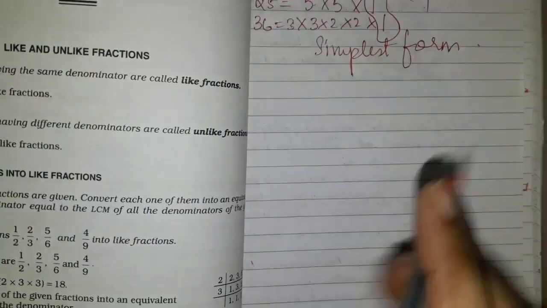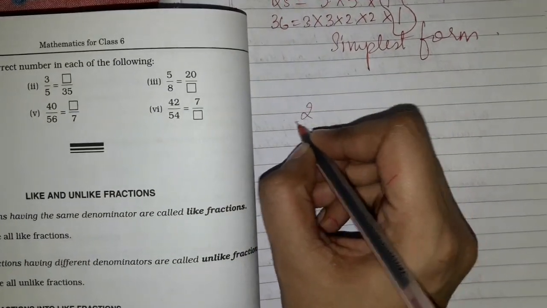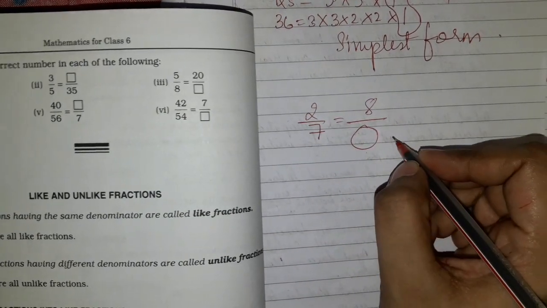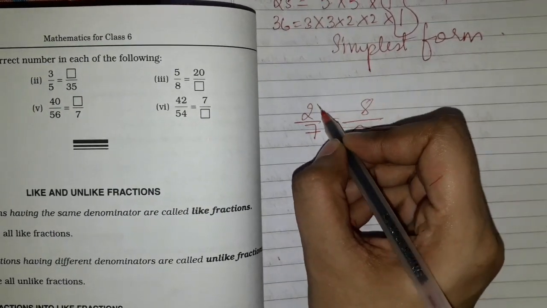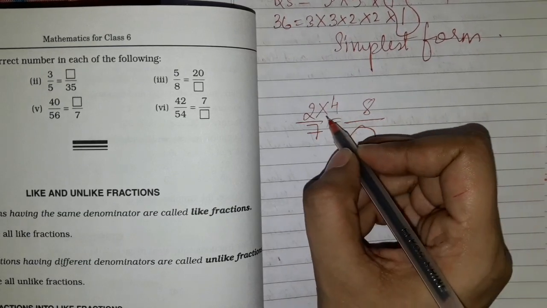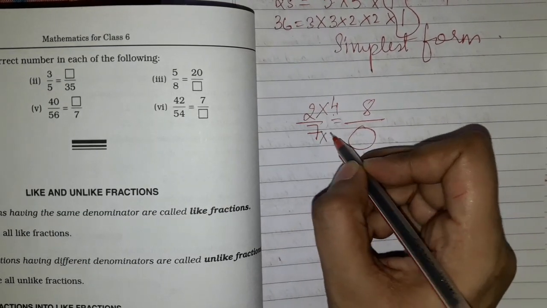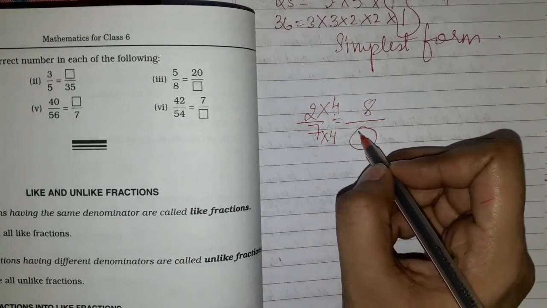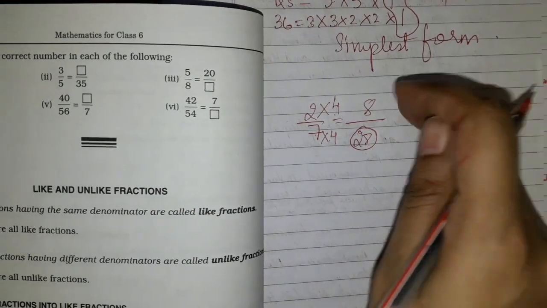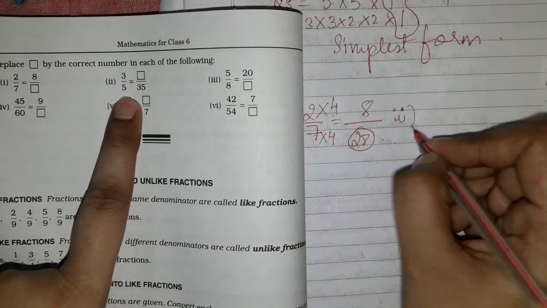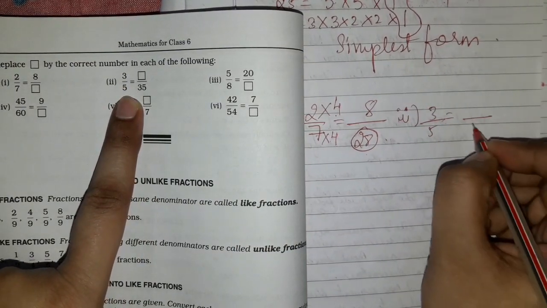So if I take this 2 upon 7, it is becoming 8 here, and I have to find the number in this empty place. I know when it is multiplied by 4, the answer becomes 8. And the rule is, whatever you are multiplying on the top will be multiplied down also. And 7 fours are 28.